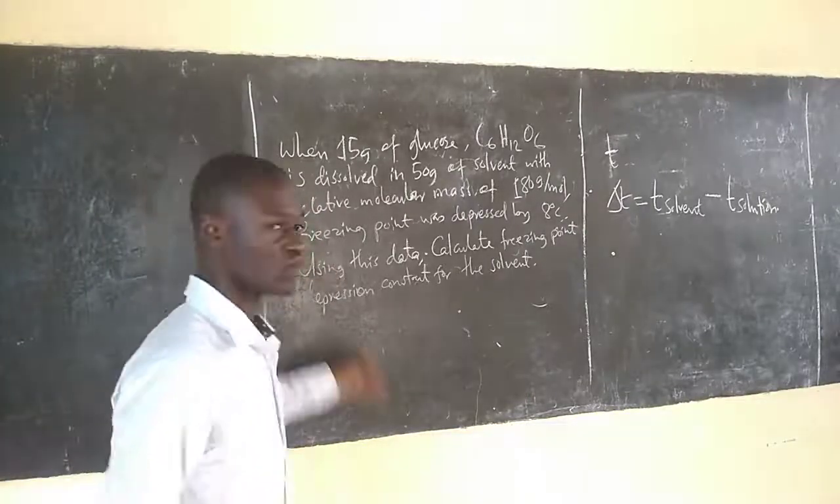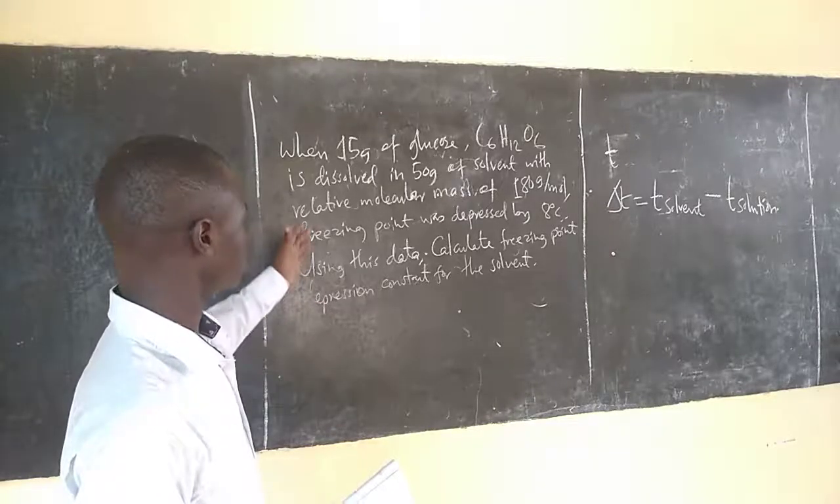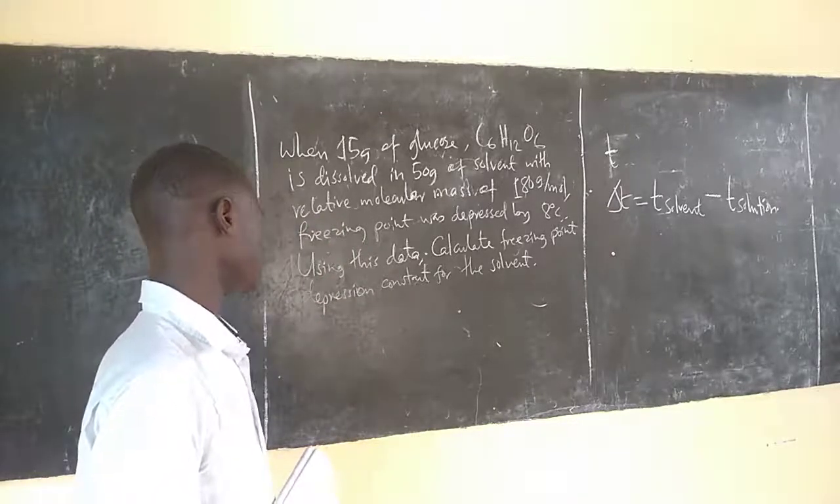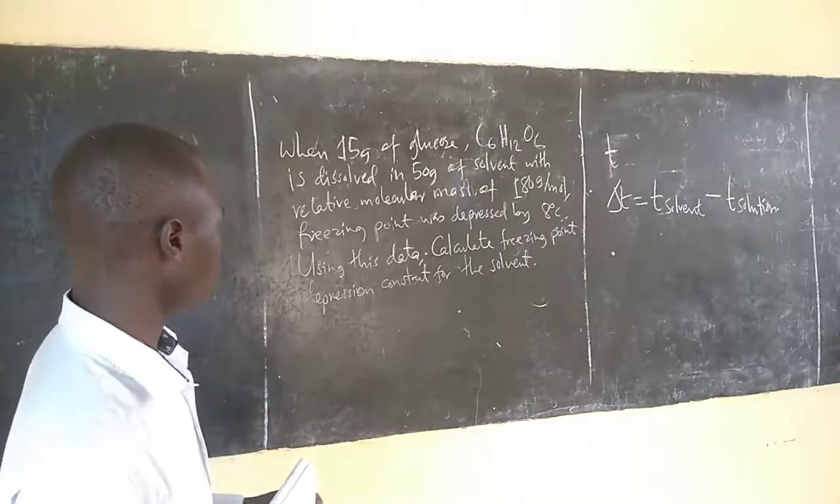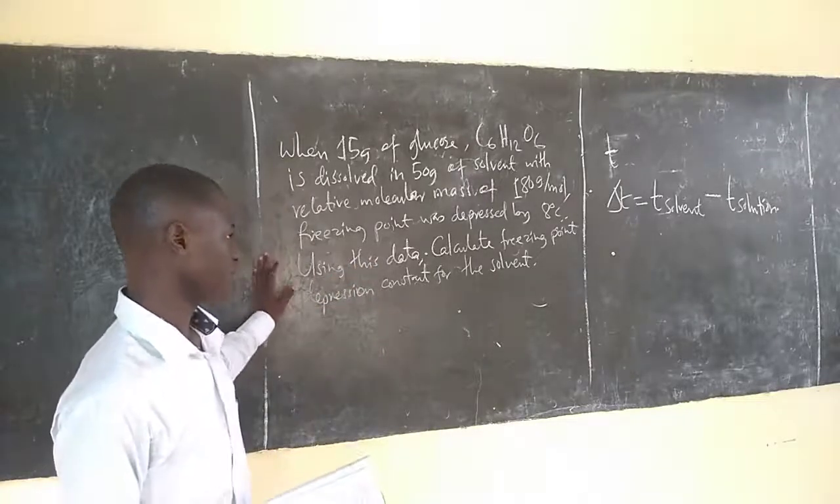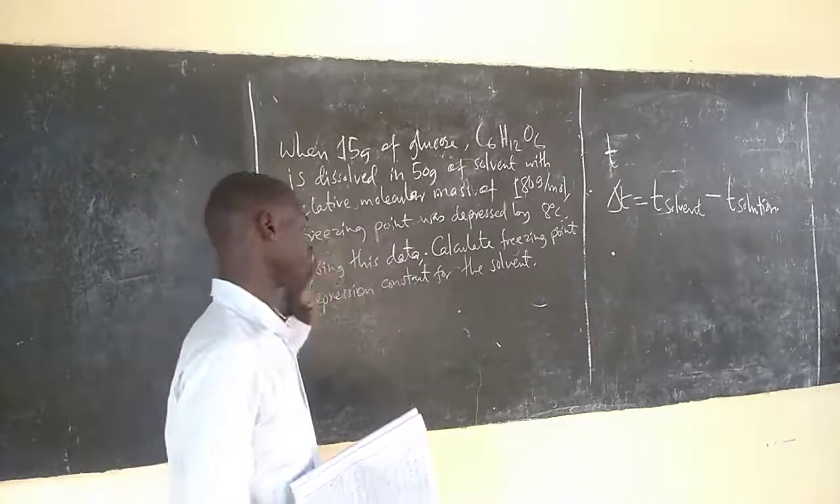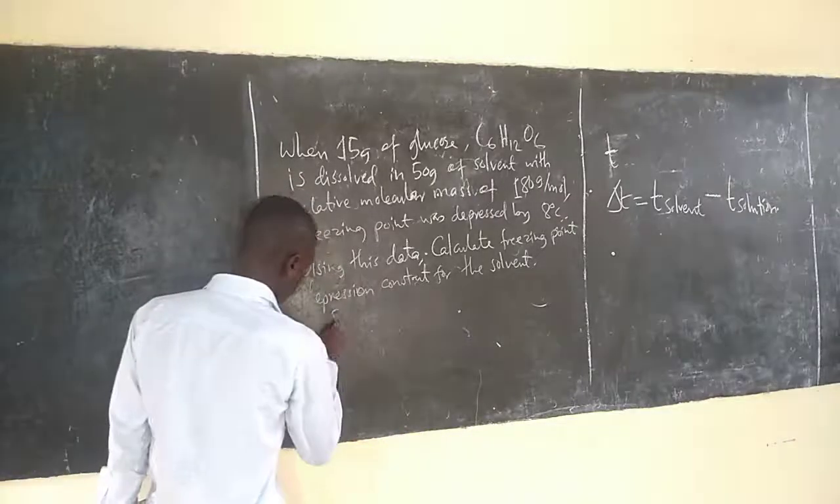Question number 1 is this one. When 15 grams of glucose is dissolved in 50 grams of solvent with a relative molecular mass of 80 grams per mole, the freezing point was depressed by 80 degrees Celsius. Using the data, calculate the freezing point depression constant for the solvent. So from here we can say, solution,